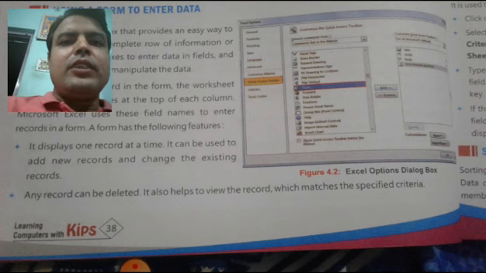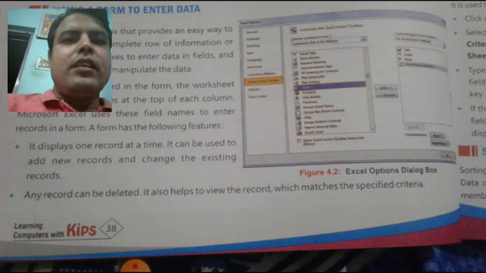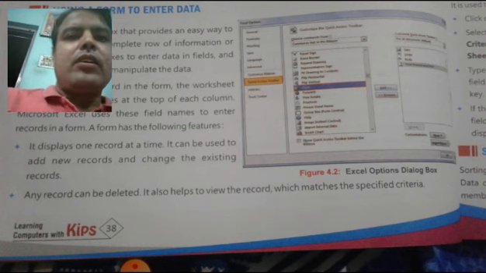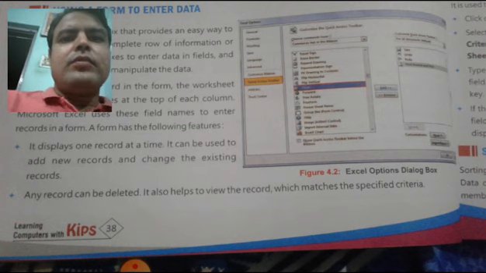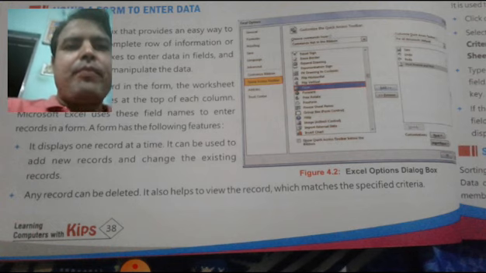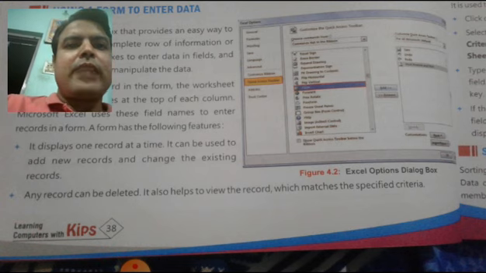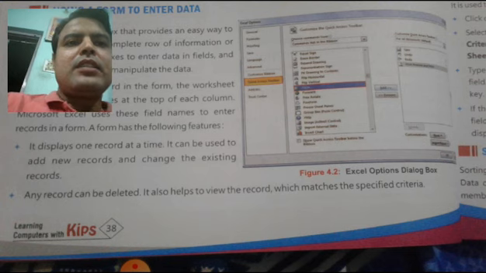Adding a record using form. Using a data form, we can add a new record in the database tables. This will be done practically during lab. Next is searching record. Using form, we can also search the records with specific values. It will also be done practically. The next is sorting data. Here sorting means arrangement. The word sort means arrangement. Sorting data means arranging data.